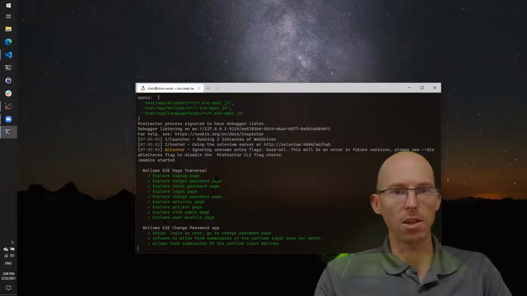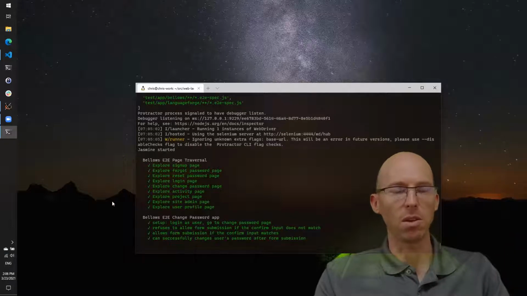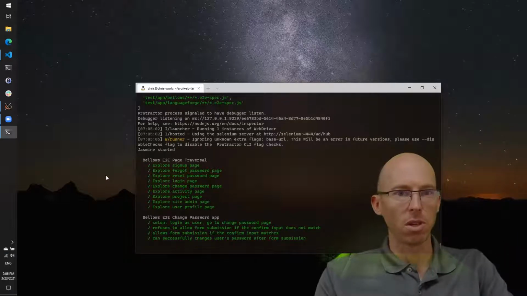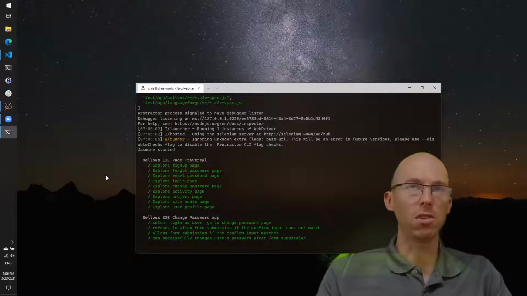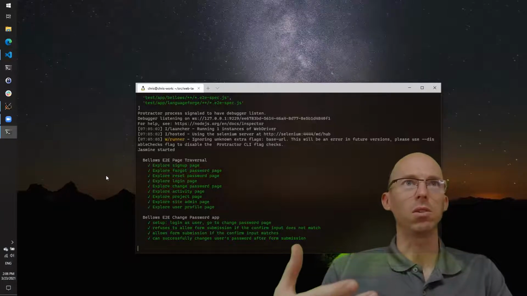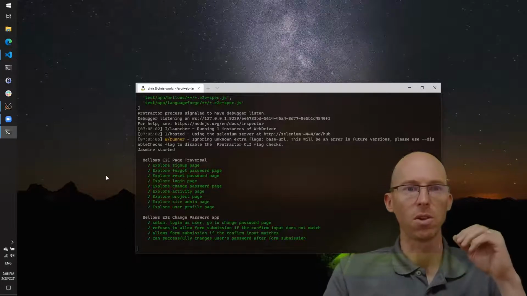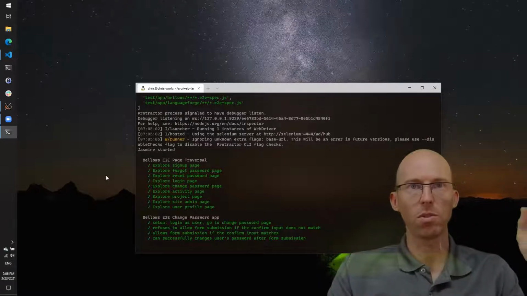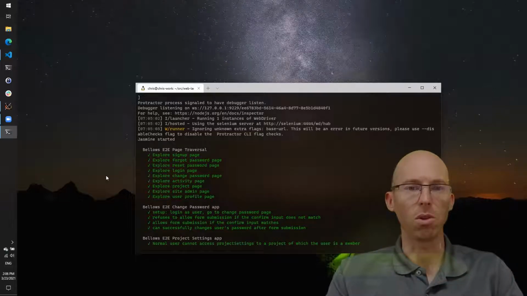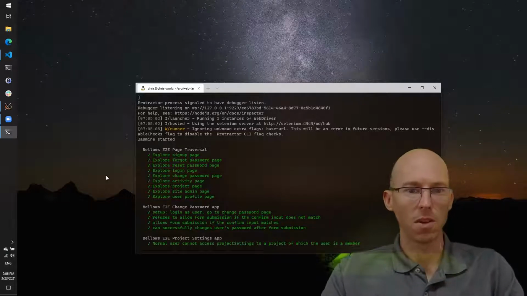Well, the Docker container that is running Selenium also comes with an actual browser. It comes with a VNC server, the debug version of the container does, and we can connect to that VNC server from my host and see what's going on inside. So this is kind of neat. I'll go ahead and